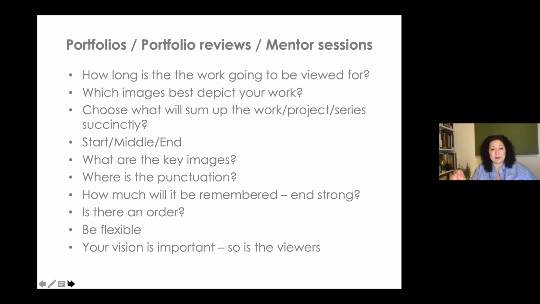But also think about the big hitters. There'll be key images in there that people really notice, that always get commented on, that people always connect to. You want something really punchy at the start that's going to get somebody's attention, something in the middle that's going to anchor the piece, that might be the focal point of a project. And how does it end? Does it dribble away, or does it end with a bang? You want people to remember everything. So if you can pick out your three or four key images and space those throughout the project, if you had to tell that story in 3 or 4 images, what are those images? That's a really good way of fast forwarding that edit.